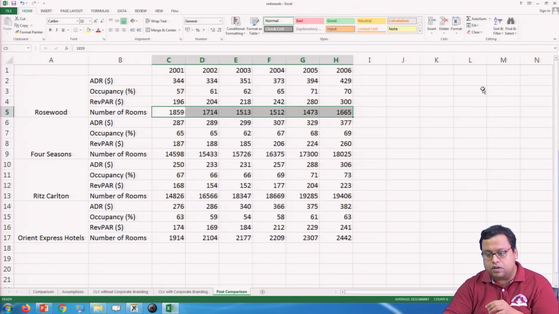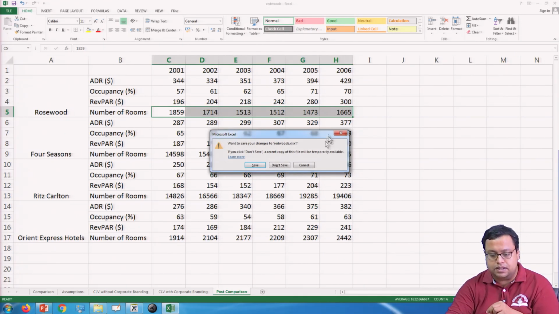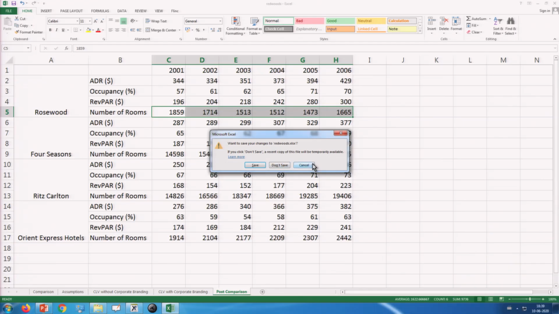So, that is how you can use CLV calculation in your strategic decision making also. It is a very long term decision, it is not a short term decision. So, though you may make some losses in the short term, you should look for long term advantages, long term benefits, and you should focus on that.